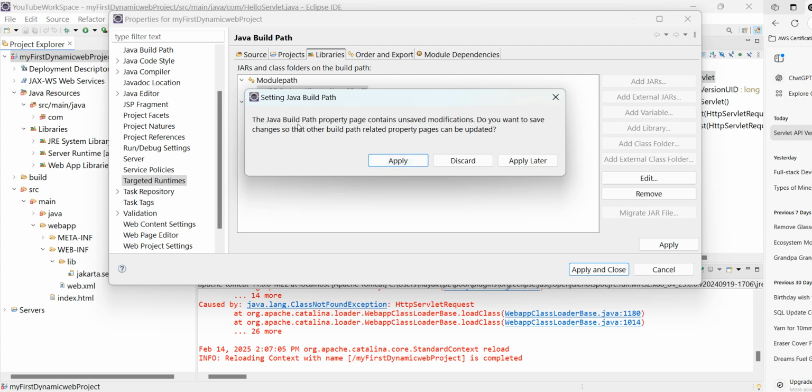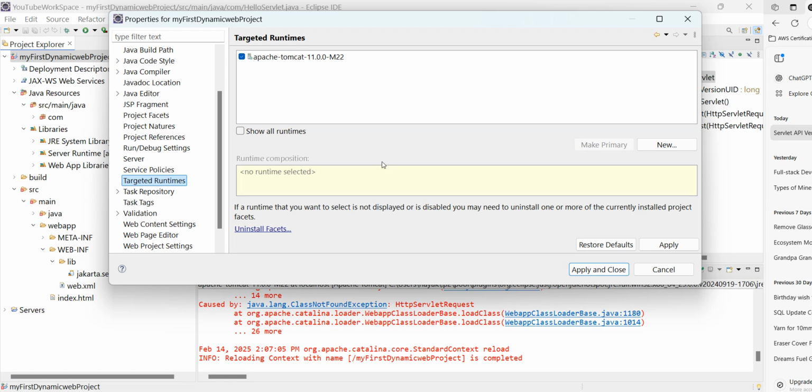The Java build path property needs modification. Do you want to save the changes? Yes, apply. Let's see which one is selected. Apache Tomcat is selected. Good. Apply. The targeted runtime Apache 11 is selected. Now,